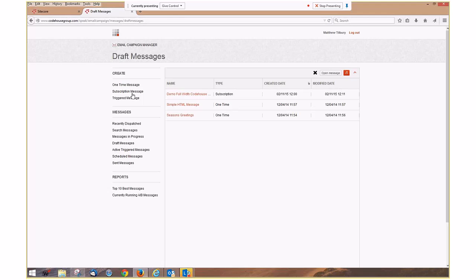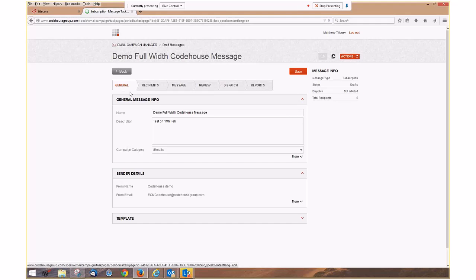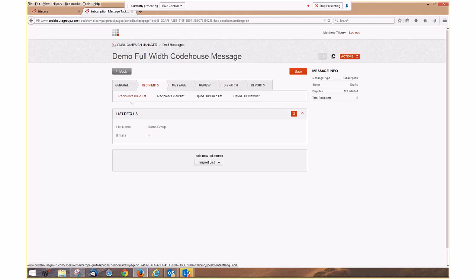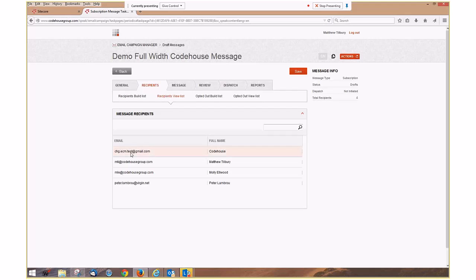The one I'm going to show you is a subscription message, which is just one I've set up here. And what you get is a wizard, and I've just created this one just now. So it's a test message, and it's got recipients. So you can build your own list by importing from a CSV file, or indeed use a list that Sitecore already has. So Sitecore stores lists. They're actually, for those that know Sitecore, roles within the Sitecore user manager, but it's a list of people. And once you've got that, we have a demo group for demo purposes, and I can view that list, and it's one we send internally to ourselves,